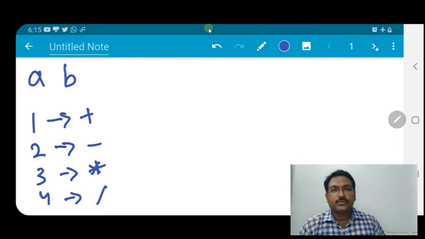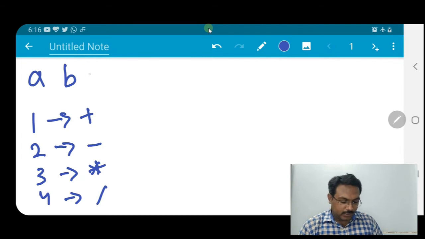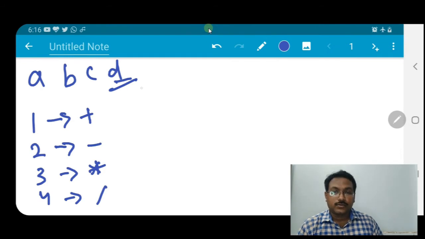First thing, we can do this particular thing using if, else as well as in switch case. So let us first see how we can do this in if, else. For that we have to take four variables A, B, C, D. In D we will store 1, 2, 3 or 4, whatever option the user has given. Fine. So we have to take A, B, C and D. In D we will store the option given by the user.